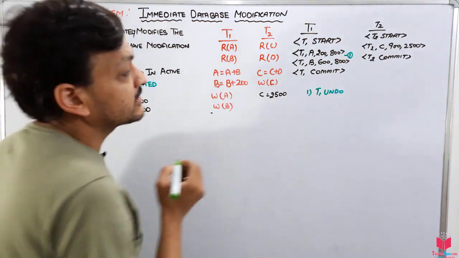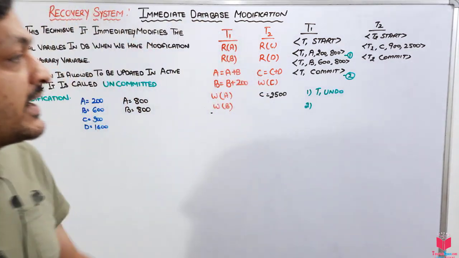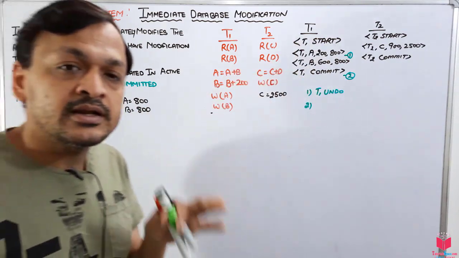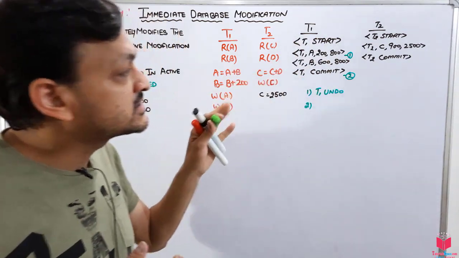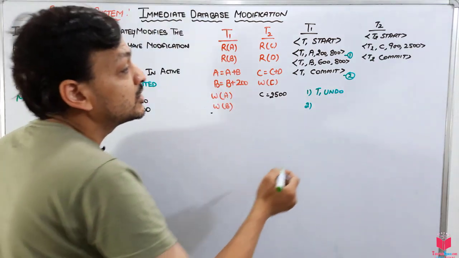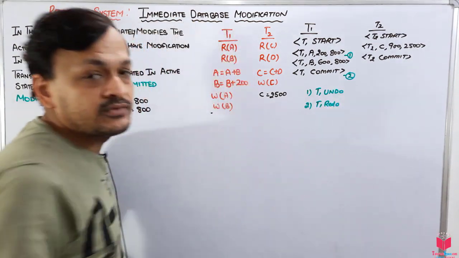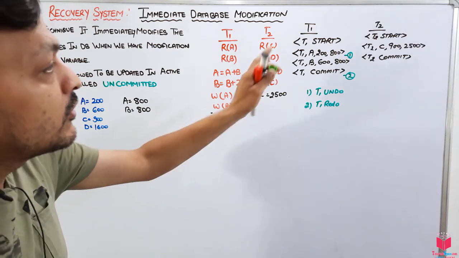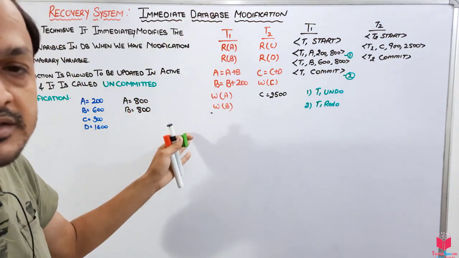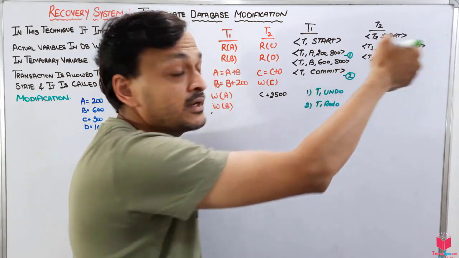Okay guys, then suppose we have a failure at this point. Then what will happen? At this point we have committed the transaction T1. That means all the instructions are error free, and we will save this to the database. That means there will be a redo of T1. It will refer to the log file and all the changes done by T1 will be saved again into the database. It will not start executing these instructions. It will refer to the log file and see the log records, and all the updated values will be overwritten there again.